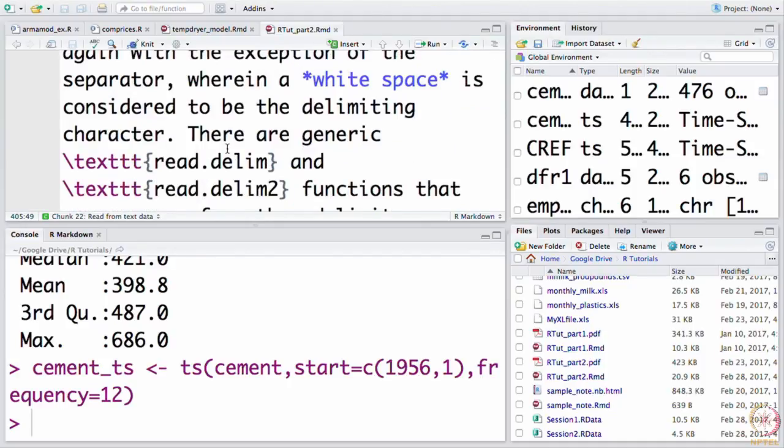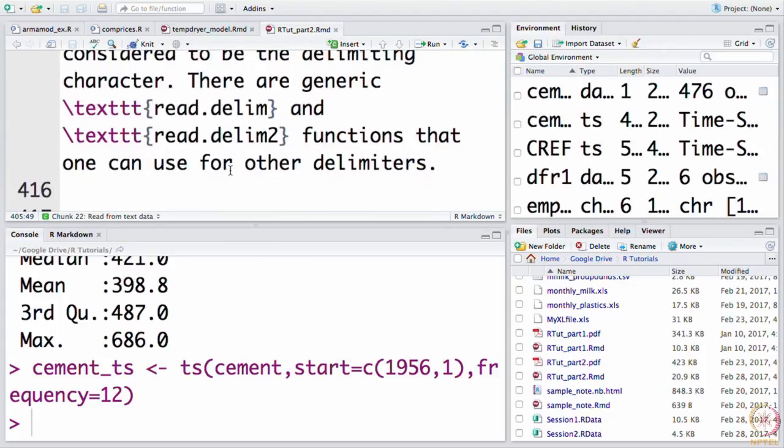Again, we call them delimiters. There are generic routines called read.delim and read.delim2 that can be used for other kinds of delimiters. Somebody must have used hyphen, for example, as a delimiter and so on. So, you can specify the delimiter. read.csv is specifically meant for comma as a delimiter.